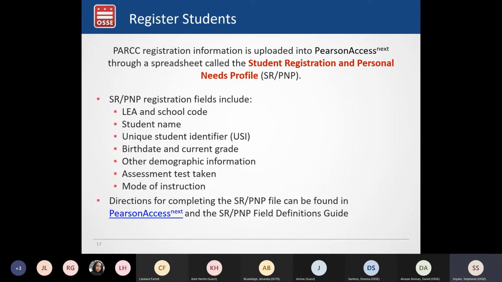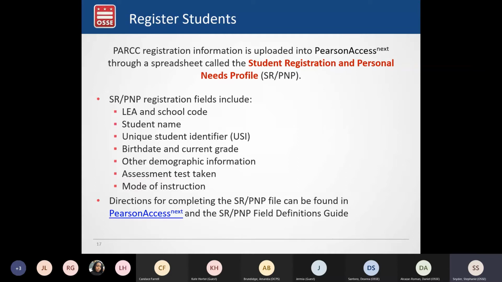There are 2 new fields this year that I want to call your attention to. One is called Assessment Test Taken, and it signifies whether a student is taking the test in person or remotely. And then the mode of instruction is another new field that indicates a student's primary mode of instruction, whether they're in person, remote, or hybrid.